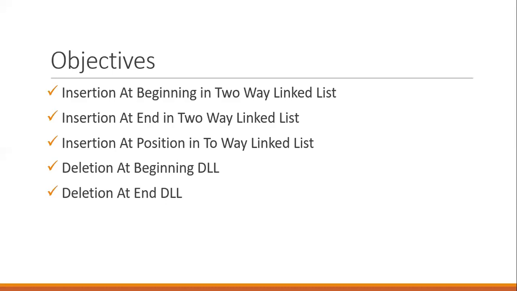So that was about the two-way linked list that we have seen till now, and also we have seen that the traversals are possible in two directions, and how easy the traversals are, even if we want to go in the reverse direction, or the backward direction. Fine. So today we are going to see the insertion algorithms and the deletion algorithms. In deletion we are going to see deletion at beginning and end. And in our next session we will see deletion at a particular position and the searching algorithm.